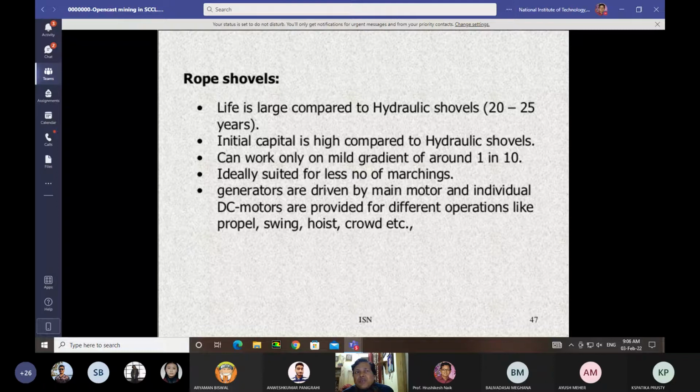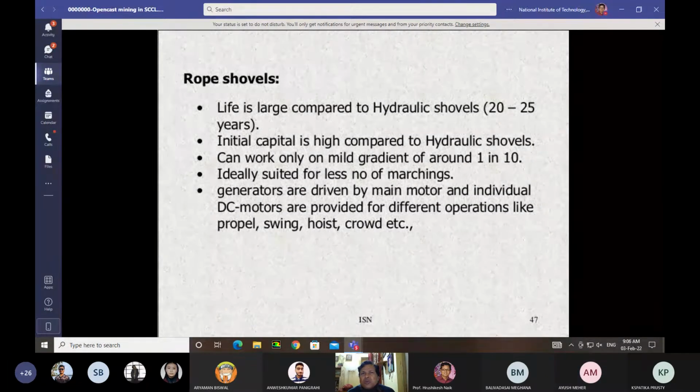But if the deposit size is small, if not much mineral is there, it is better to go for small size shovels, which are diesel operated,